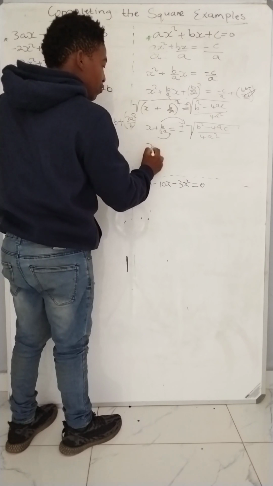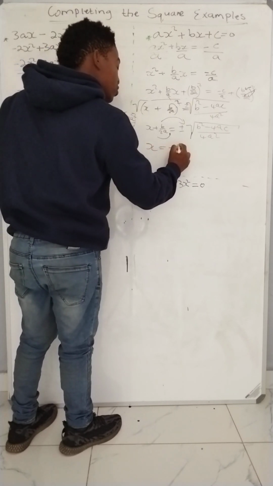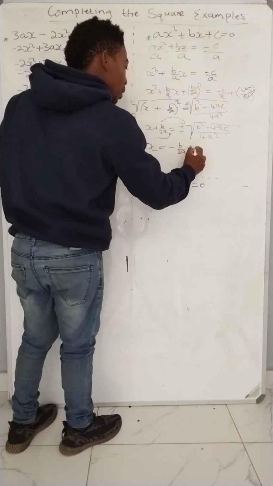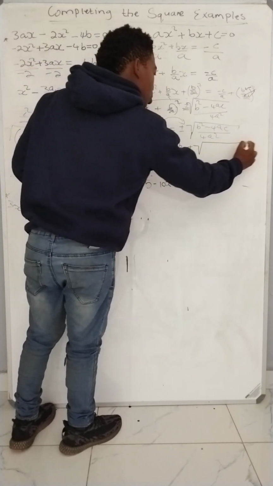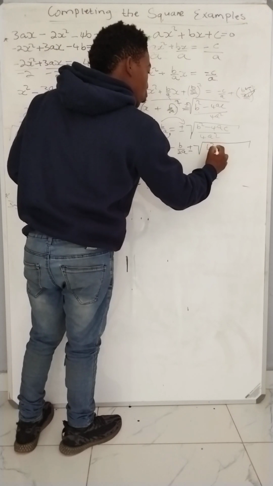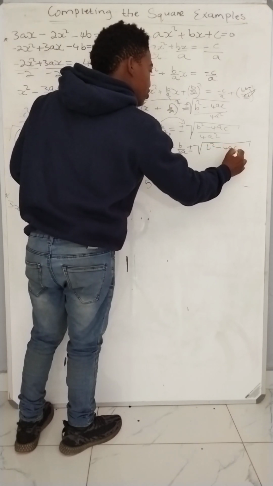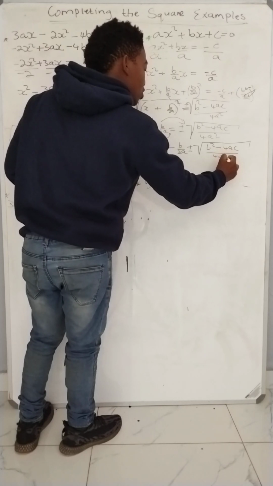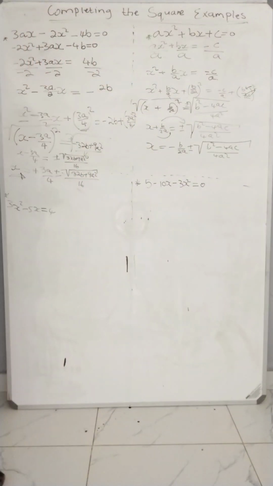And then you'll be left with x is equal to minus b over 2a plus or minus the square root of b squared minus 4ac all over 4a squared. Okay, now